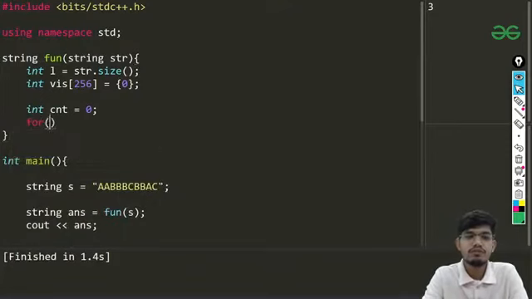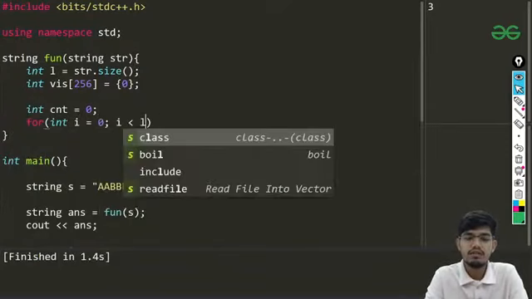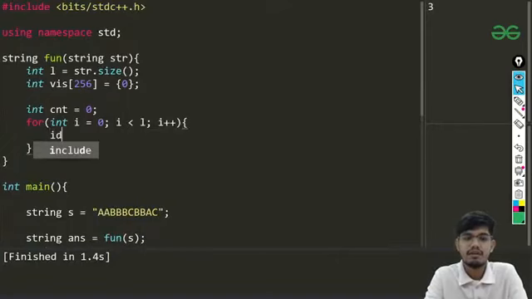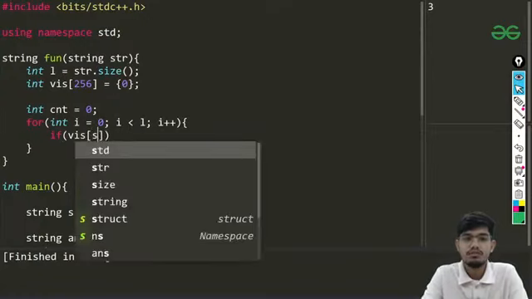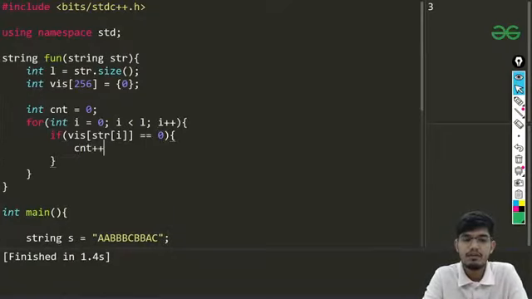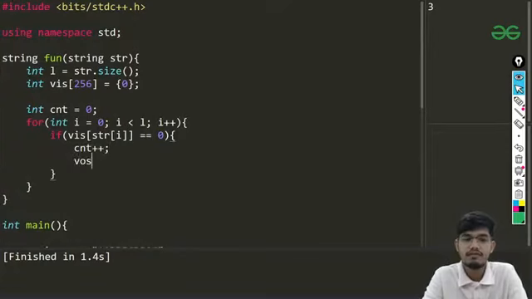I'll be just looping in my string, so it will start from 0 and go up to L, i plus plus, and I'll be writing something like if visited of str of i, that is the ASCII value I'll be taking for that character as an index, is equal to 0, so in that case I'll be incrementing my counter and I'll be making that visited so that I don't come to that same position next time, equals to 1.